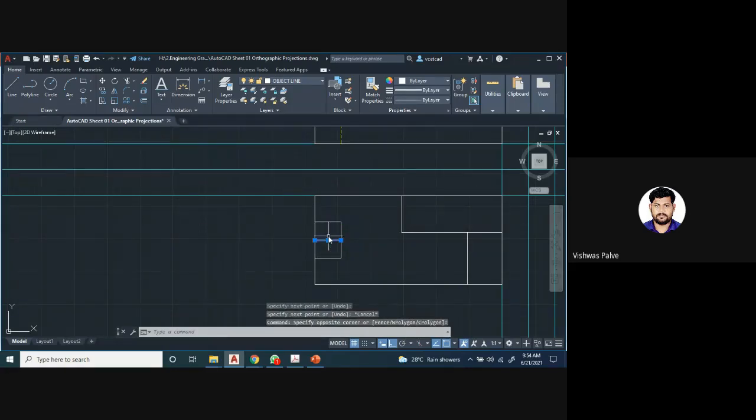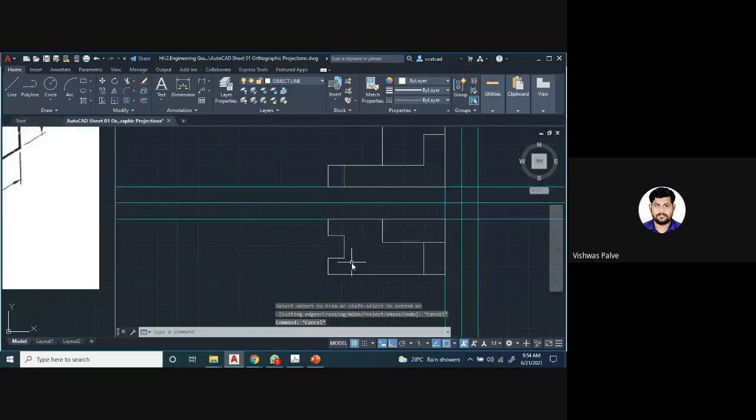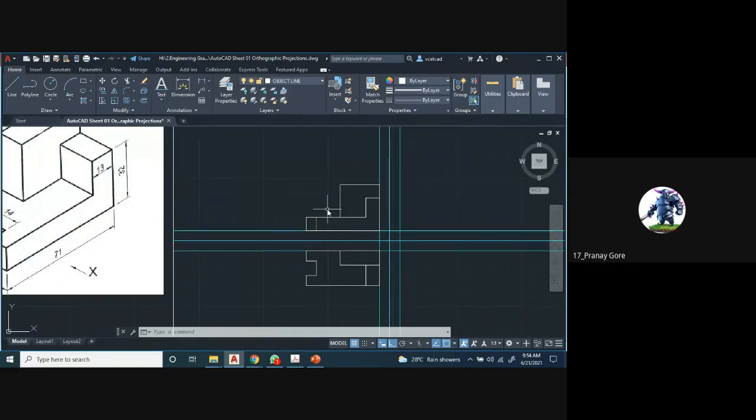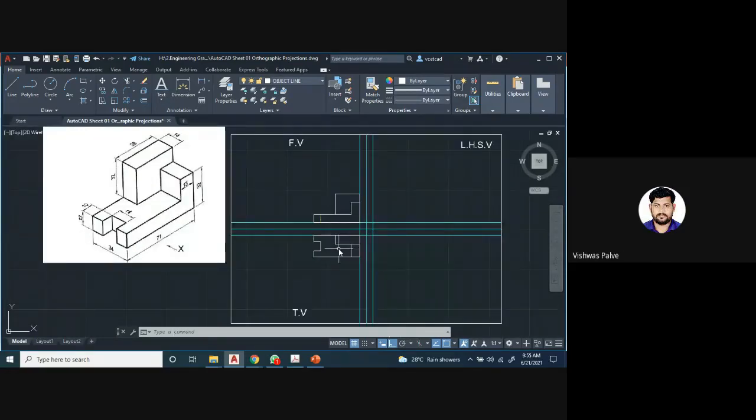I will delete the center line. Okay, this line is not visible. Then TR, double enter. I will trim out this edge. So when we observe it from top, you will get this slot. Is that clear? Any difficulty till now? No, sir. So we have drawn the front view of the problem. We have drawn the top view of the problem.